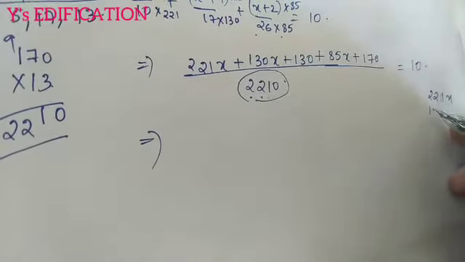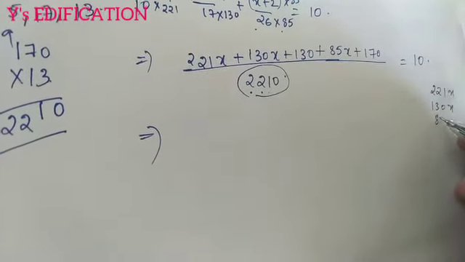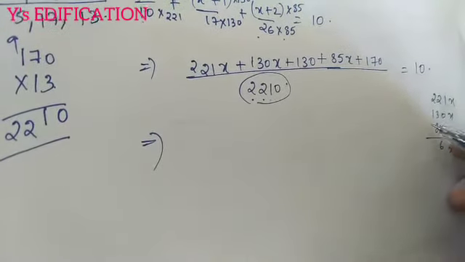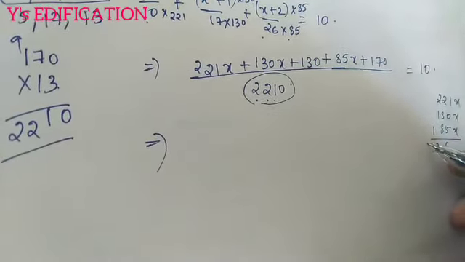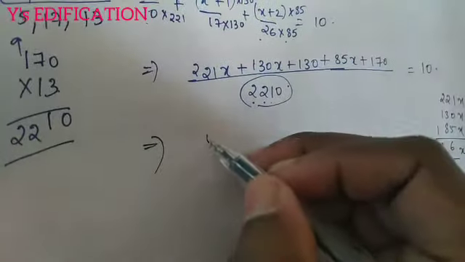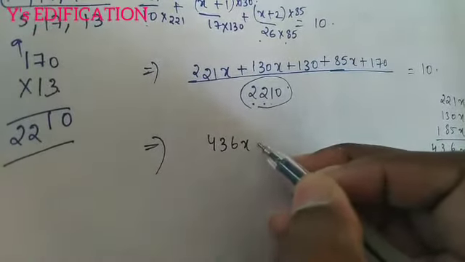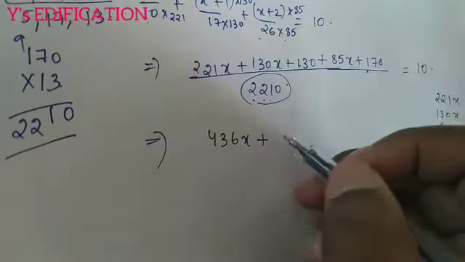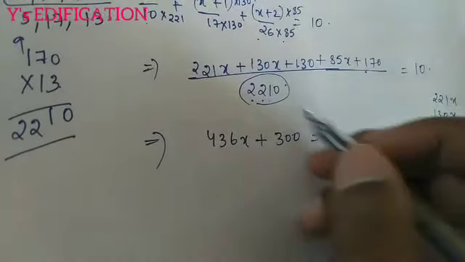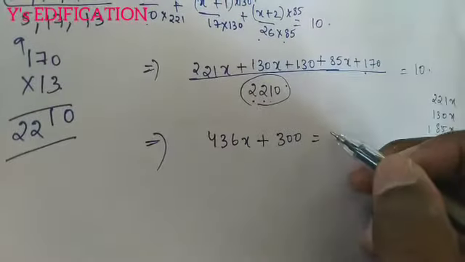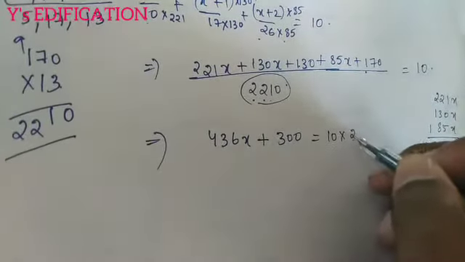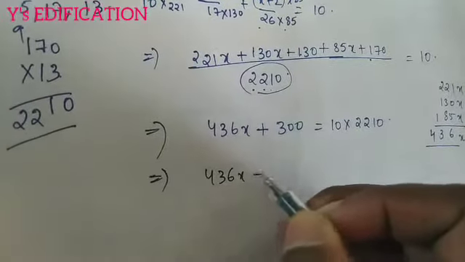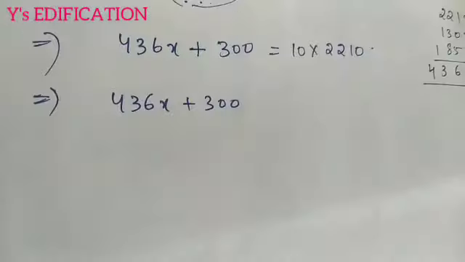When we add these numbers, we will get 436x. 436x plus 130 plus 170. It is 300. When we transpose this to the RHS side, it will become into. So 10 into 2210. So 436x plus 300 is equal to